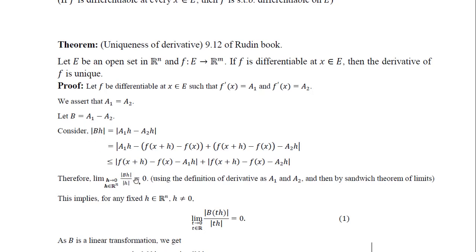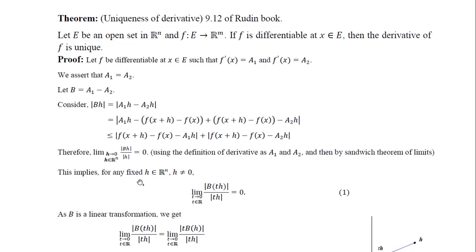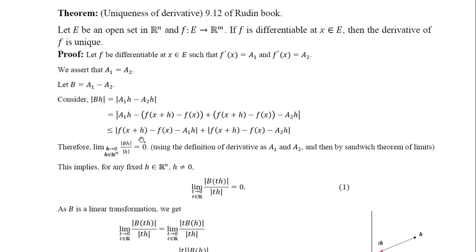I will ask you to pause this video here and try to do this portion on a piece of paper for your practice also. I have made this brief so that you yourself also practice this small part, and it becomes easy to understand when you write it yourself. So in this, what we get is that this limit is 0 for any vector h which is non-zero. As h tends to 0, we will get this 0.